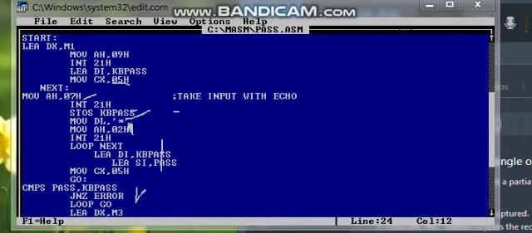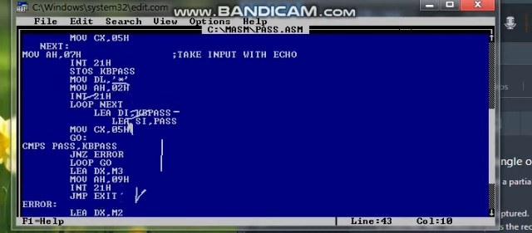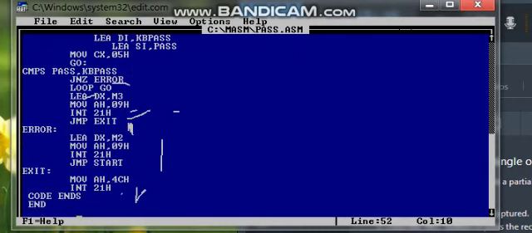Now next we have to compare it. Our keyboard password is stored at DI, and the effective address of the stored password, pass, is in SI. Here we will compare pass and kbpass, JNZ error.